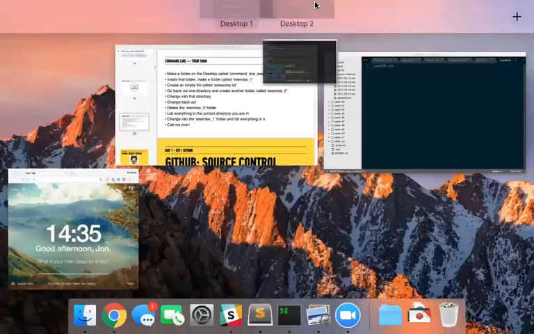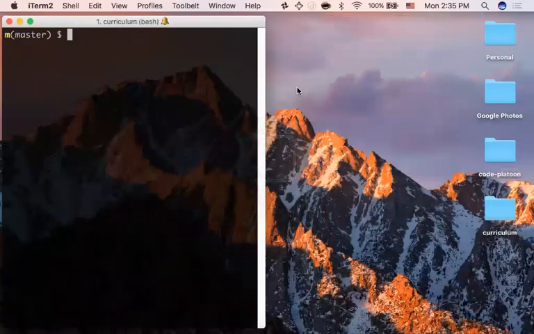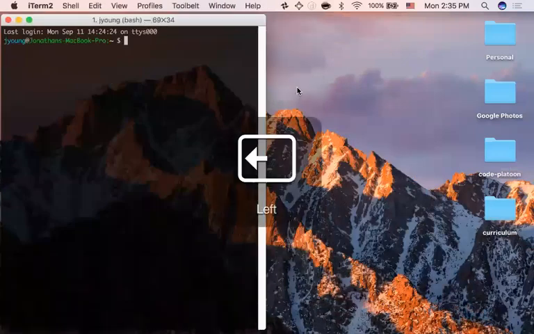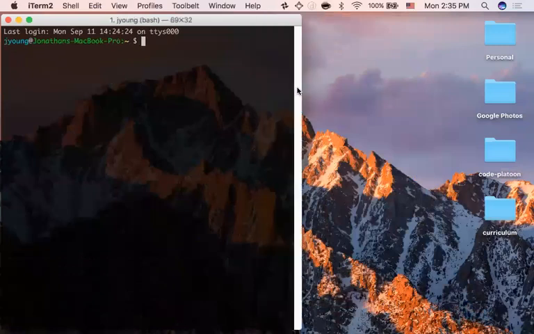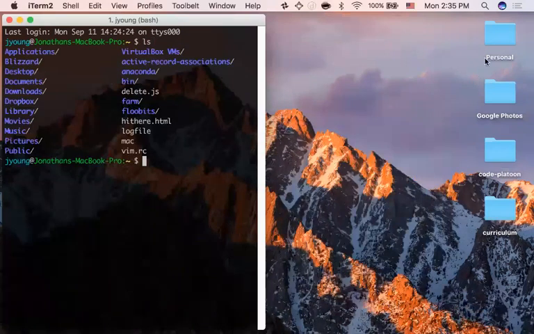I'm going to move this over here. Can everyone see that all right, or should I make it a little bit bigger? Okay. All right. So first things first, I'm going to do basically what I just did, but in probably a fraction of the time. So right now, I have to list out where I'm at. I'm at the root of my computer, and I want to get to my desktop. I can see I listed everything out using ls,